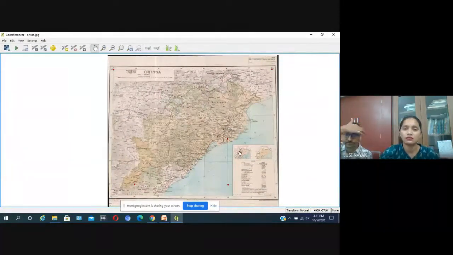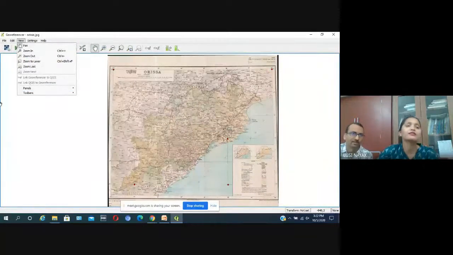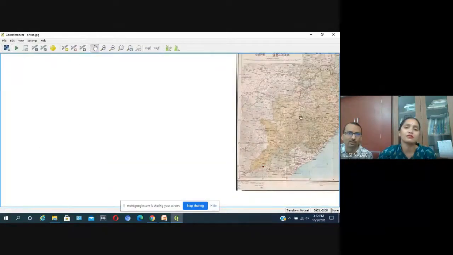GCP table. The GCP table is not visible. If some boxes or dialog boxes or panels are not visible, how to bring it?